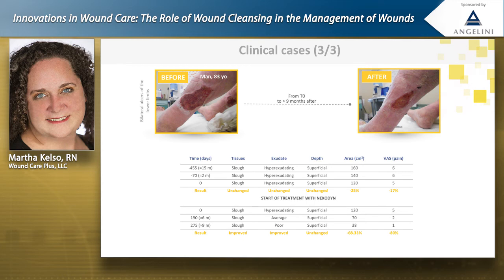So at day 190, after we introduced Nexidine into his wound cleansing regimen, you can see that he still had slough, but the drainage had reduced. Also, the square centimeters had reduced from 120 down to 70. His pain went from a 5 to a 2. So we're now showing positive improvement. We're getting him out of that cycle of inflammation. By day 275, he had slough, superficial, square centimeters sitting at 38. That is remarkable. So we have almost a 70% reduction in square centimeters of the wound, and an 80%